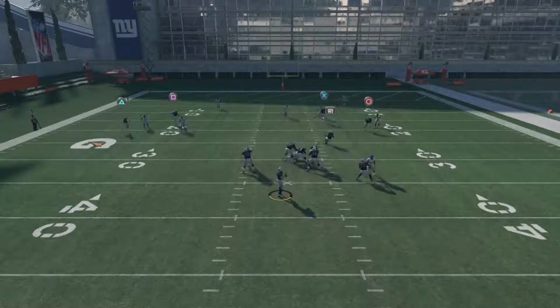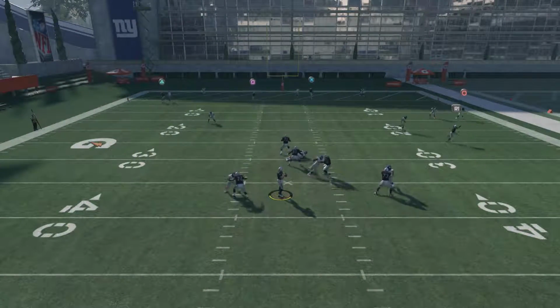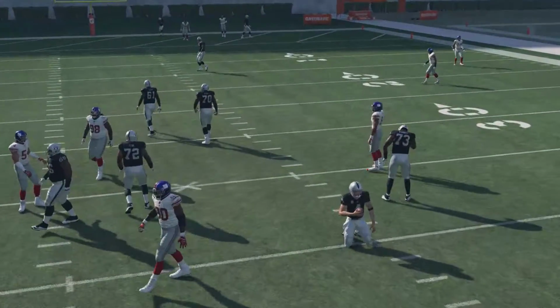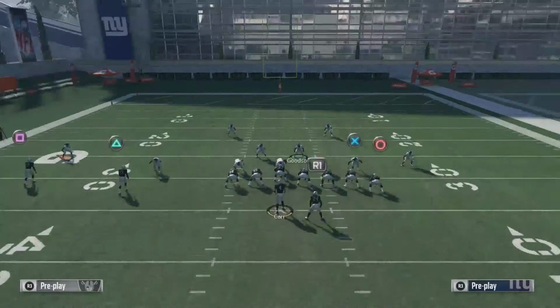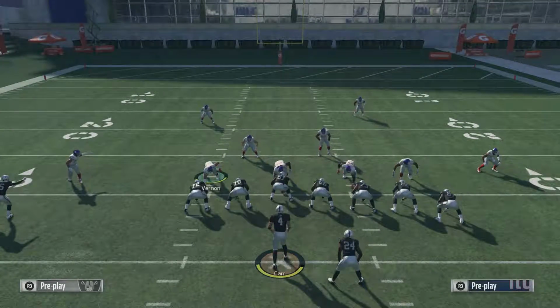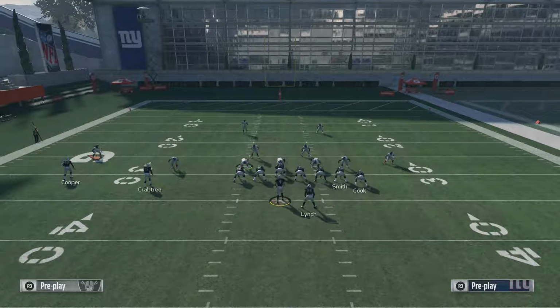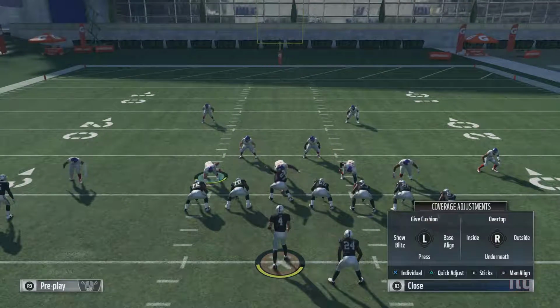I'm following X, then I'm dropping down to R1, right? And then I have to keep moving. It's all about reading who's open and where they're open in your responsibility. Now, if you're using the D line, you can't do any of that, right? So if I do the same thing, and Smith, Cooper, and then